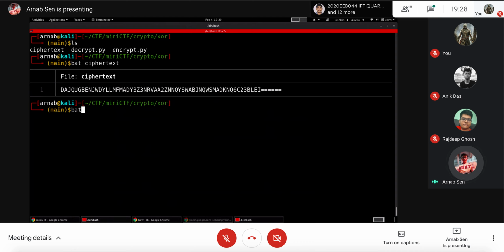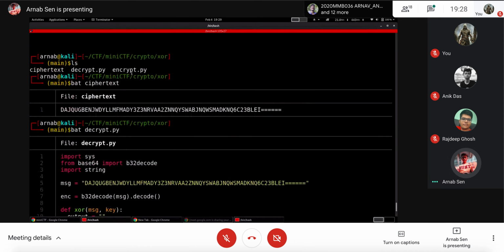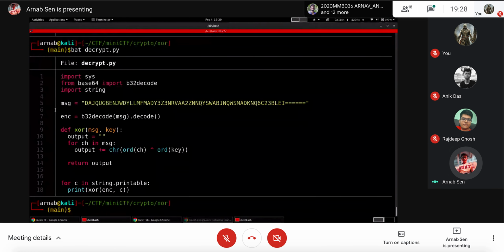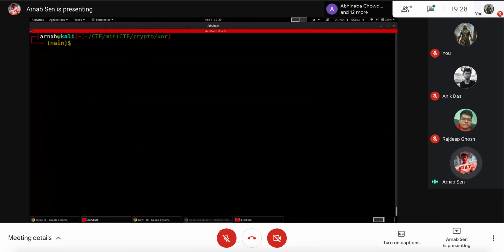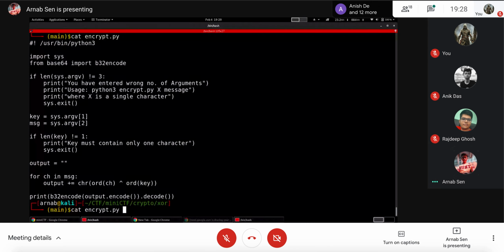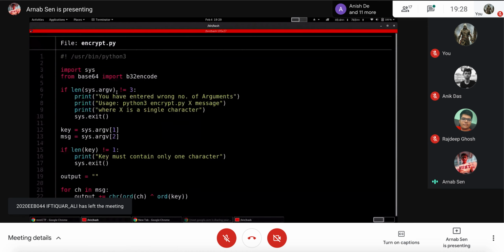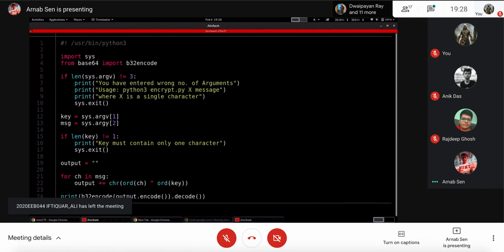Anyways, whenever you're given problems like this, you check the decrypt.py, and what you see is first you give them the message, the same message over here. Okay, wait, this is the one I wrote. Sorry, get the encrypt.py. So in encrypt.py, you have the key and the message. Here is where the encryption actually occurs.